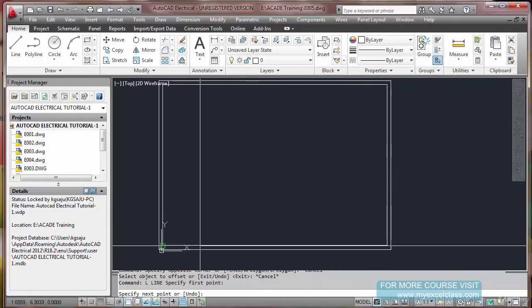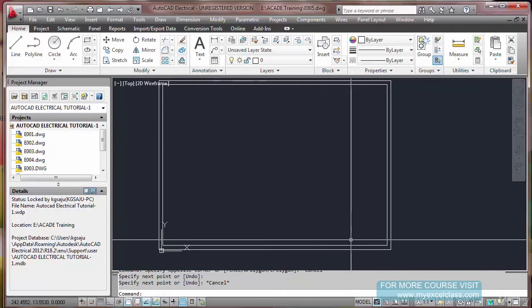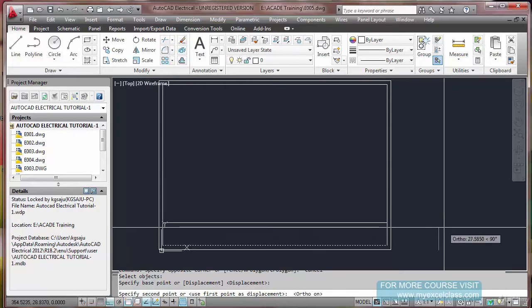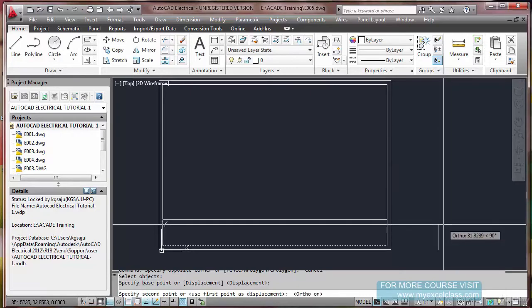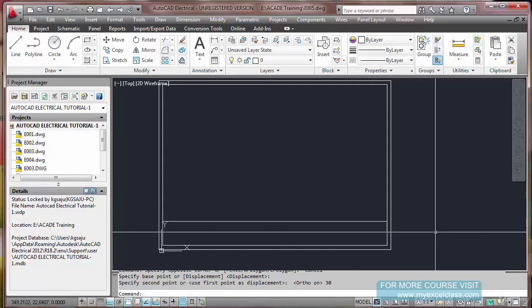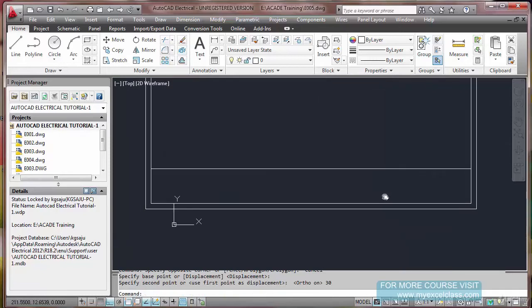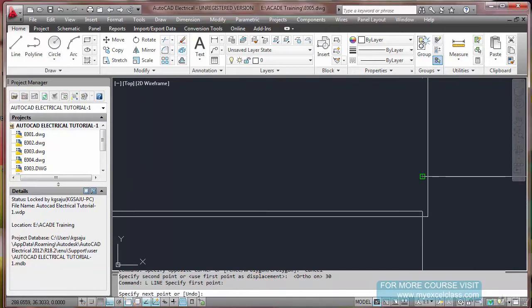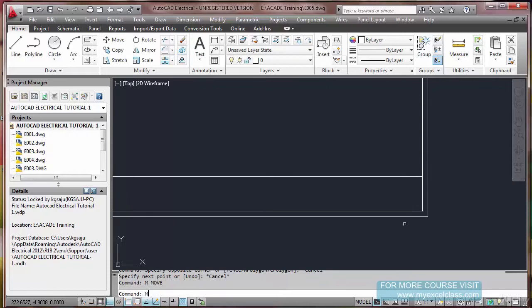Now I'm going to draw a line from here to here. I'm moving that line a little bit up, say 30. Remember, this is just an example. I'm drawing another line from here to here.